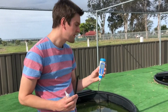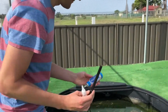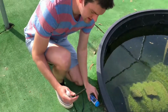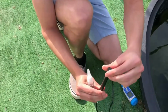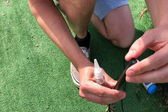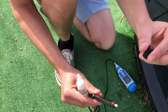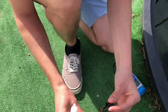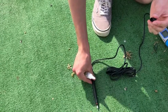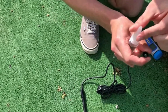Now we're going to run through how to use the meter in a pond that we've got here. So we'll just come over. Okay, so the first thing to do is unscrew the probe head. And what we need to do now is gently put the probe down so it's not damaged. Take off the cap of the electrolyte